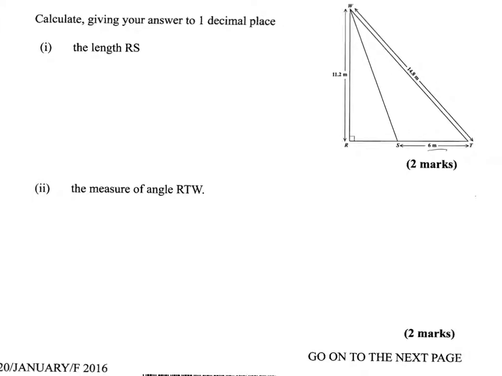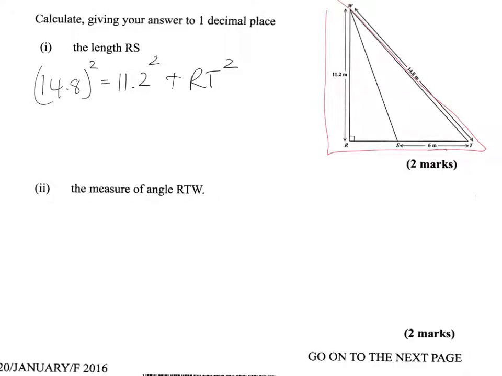So we know that the hypotenuse squared, which would be 14.8, so 14.8 squared will be equal to 11.2 squared plus RT squared, because we're using this right angle triangle, and this is the hypotenuse here, and this would be the A and the B. So hypotenuse squared equals A squared plus B squared. So we put that in the calculator and we will get that 14.8 squared